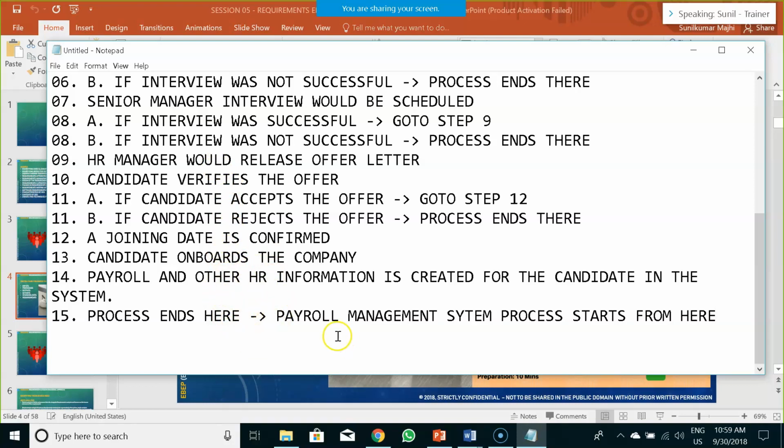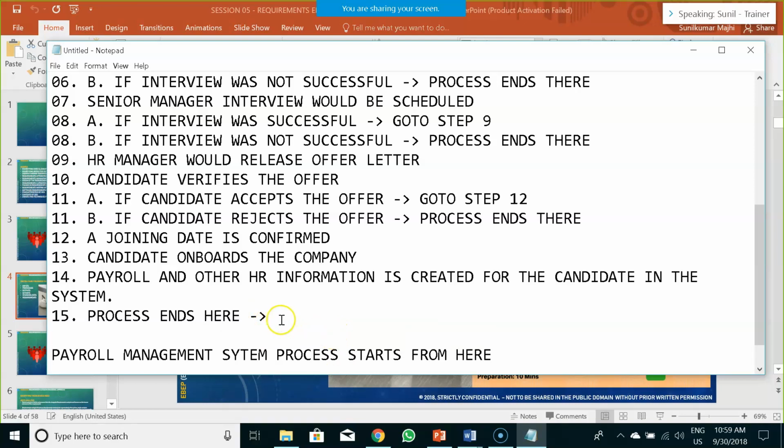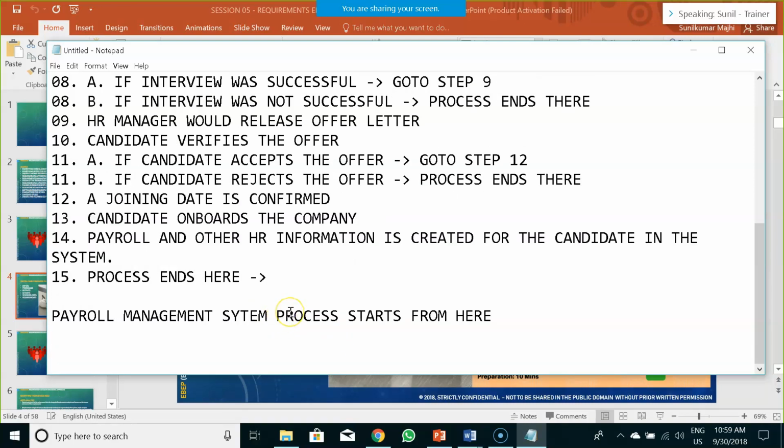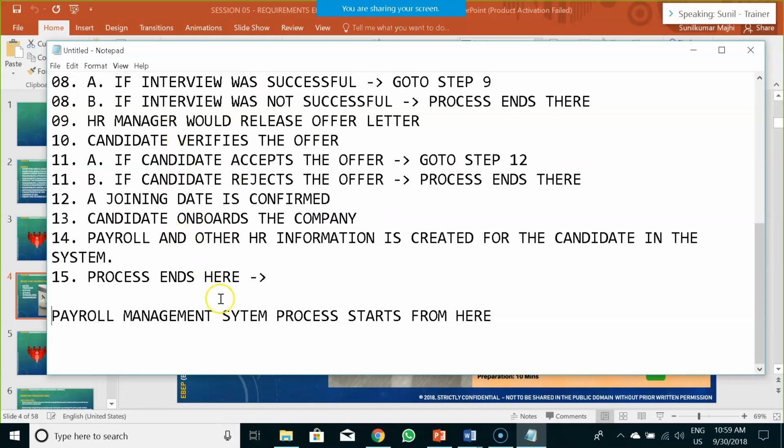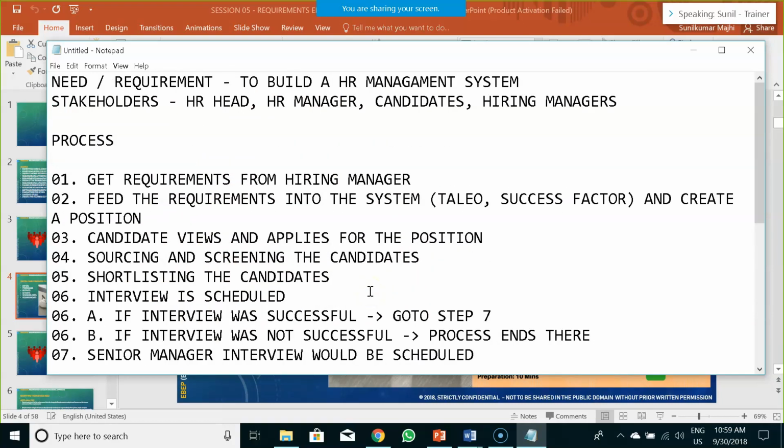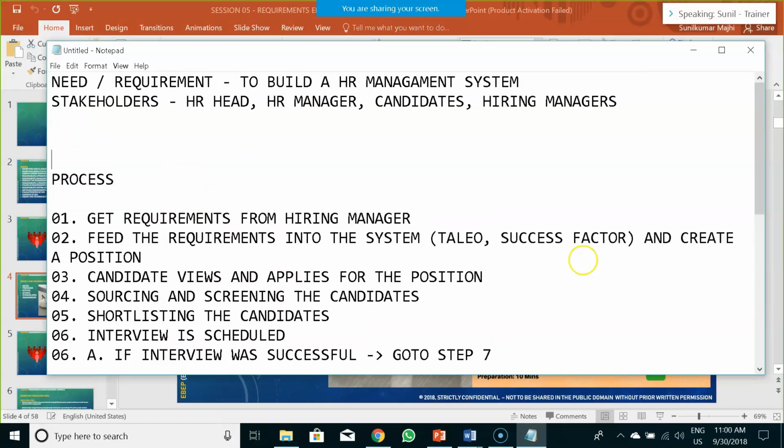Thereon, the next system would be the payroll management system that would take care of the candidate's needs. Now in this process, we identified the need, the stakeholders, and the processes by which the particular stakeholders would interact in that particular system. Now, what about the inputs and outputs?